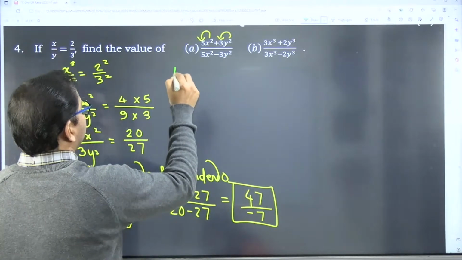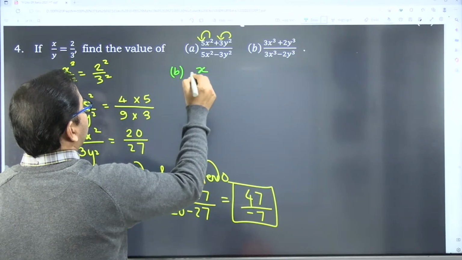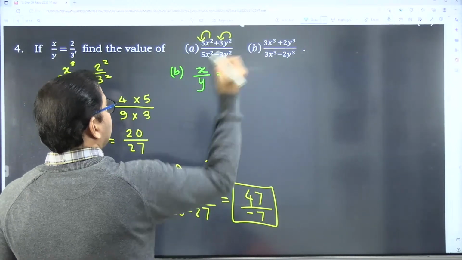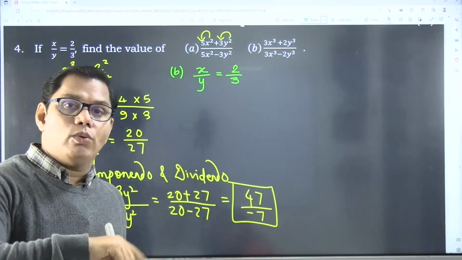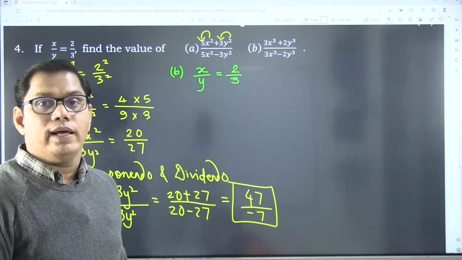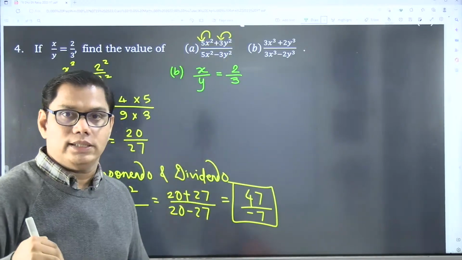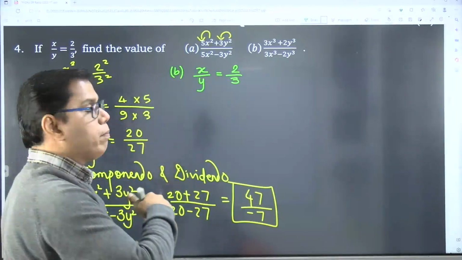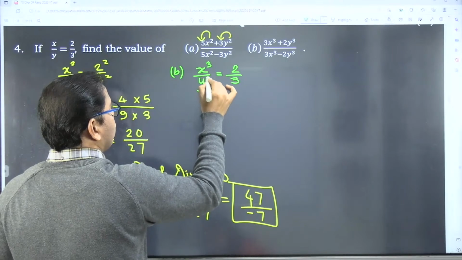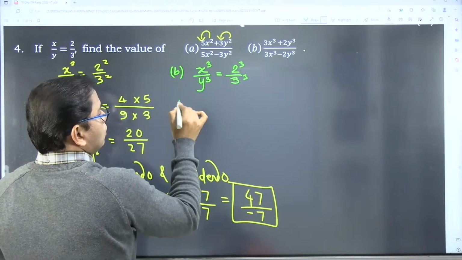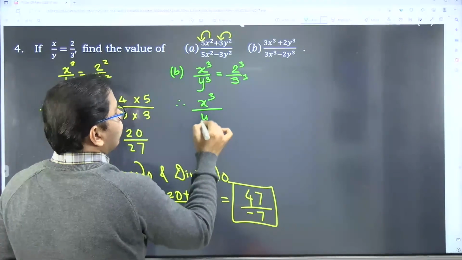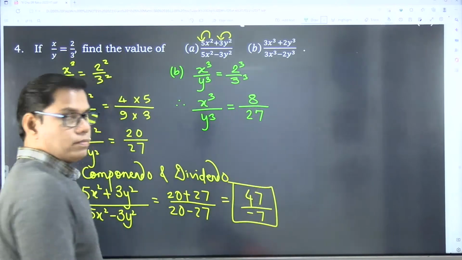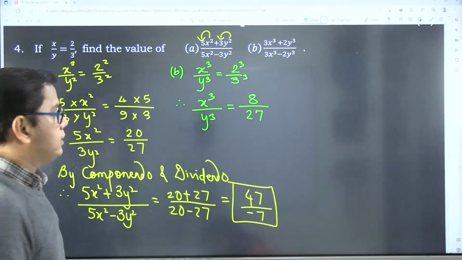चलो बी वाला पार्ट करेंगे. अगेन सेम, ओनली डिफरेंस इज दैट स्क्वायर के जगह आ गया क्यूब. x by y is 2 by 3. आई वॉन्ट क्यूब एज वेल एज 3. तो पहले क्यूब लो, 3 बाद में लो. अगर पहले ही 3 लोगे देन यू टेक अ क्यूब, तो 3 का भी क्यूब बन जाएगा. Don't take 3 first and cube afterwards. Otherwise, the cube will be applied to 3 also. So first I am taking a cube on both sides. So I am getting x cube upon y cube is equal to 2 cube, which is 8, and 3 cube, which is 27.